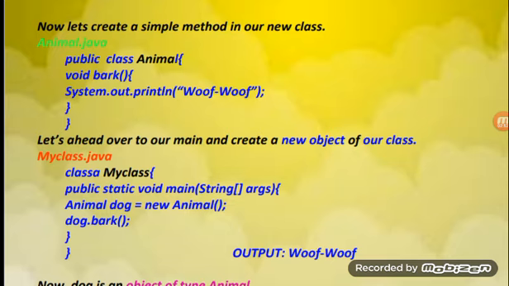In the next line, dog.bark will be there, and then the two end braces. The output will come from the above code, and the below code will compare.